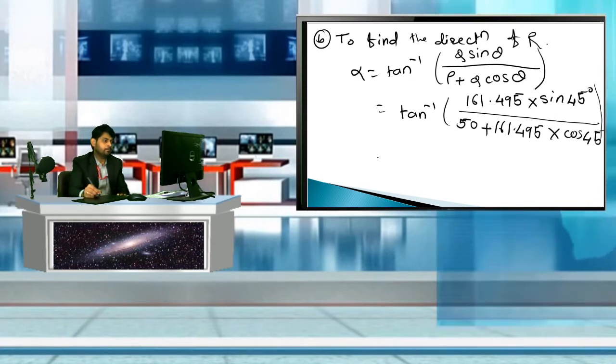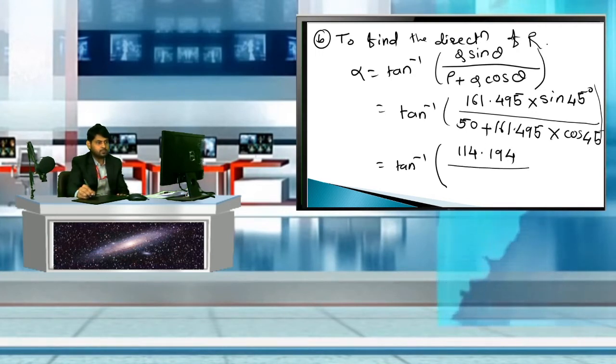So tan inverse of 161.495 multiplied by sine 45, which is 114.194, divided by this value, which is